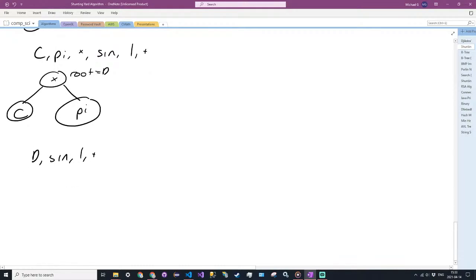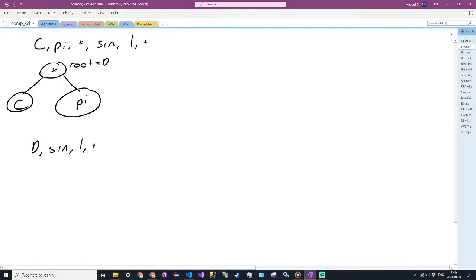And then, as I said before, sine is a unary function, so we only need to have one child for the sine node, because the sine is still the operator that will be the evaluation for one node essentially. So we get a sine of D, and that's all. So this new root becomes E,